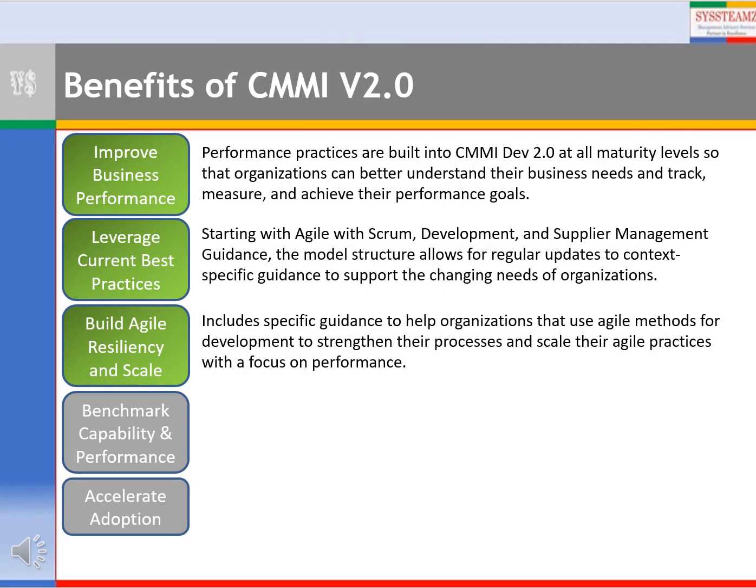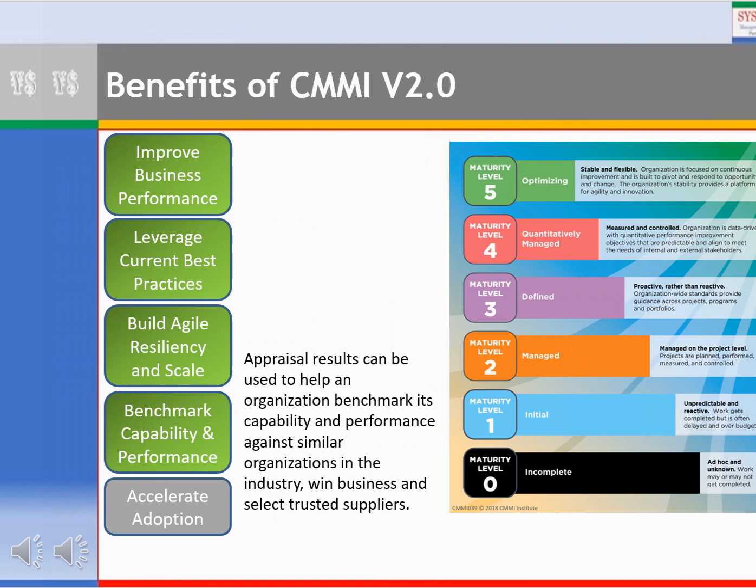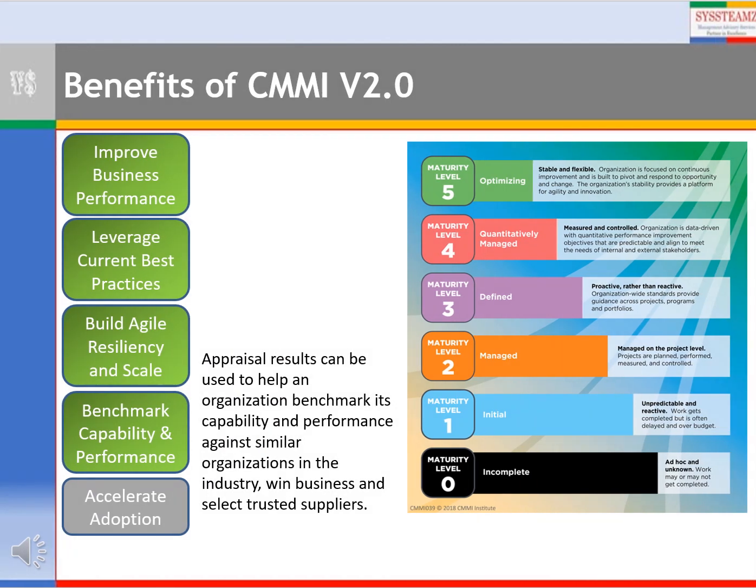The model is elaborated with multiple guidance from various industry best practices like Agile and is regularly being updated with changing industry scenarios. Till the previous version of CMMI, there was a misconception that it is not applicable or useful for organizations following Agile development methodologies. Version 2.0 has elaborated on how the CMMI practices can be mapped to Agile methodology to strengthen the organizational performance. Different maturity levels help the organizations benchmark their capability against similar organizations.